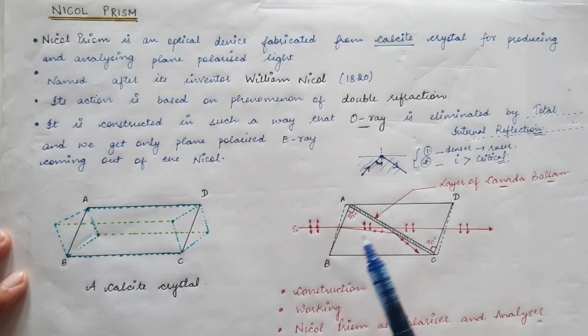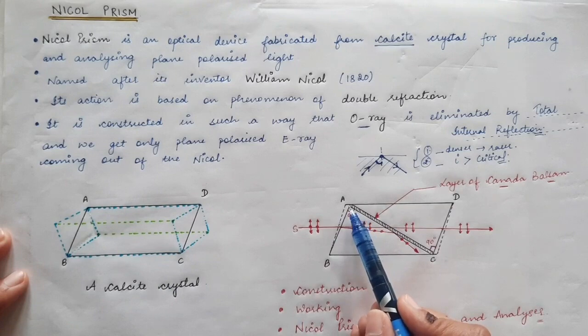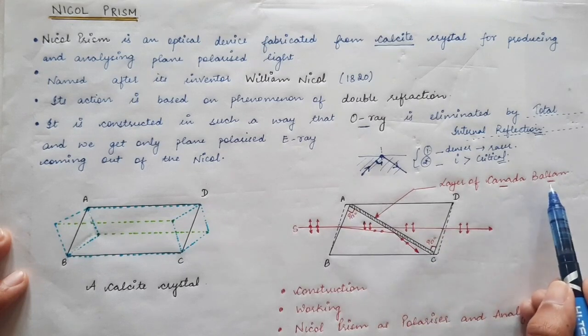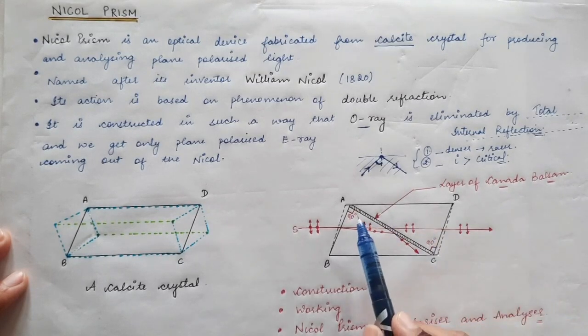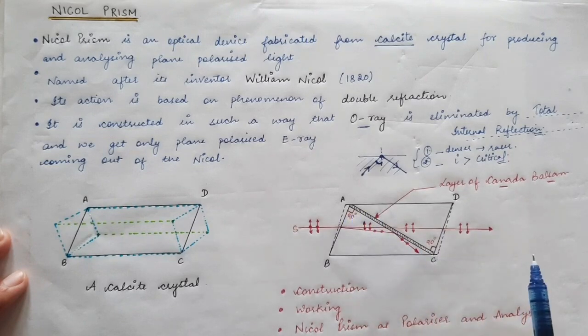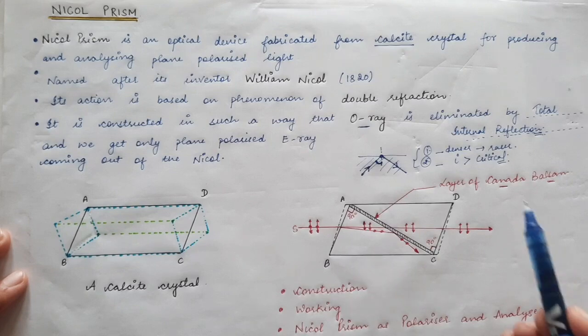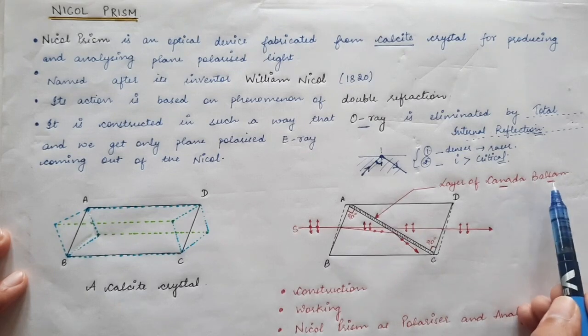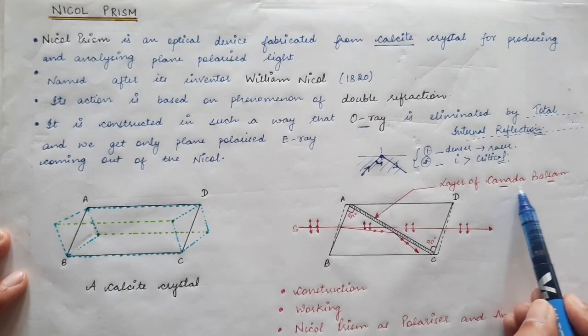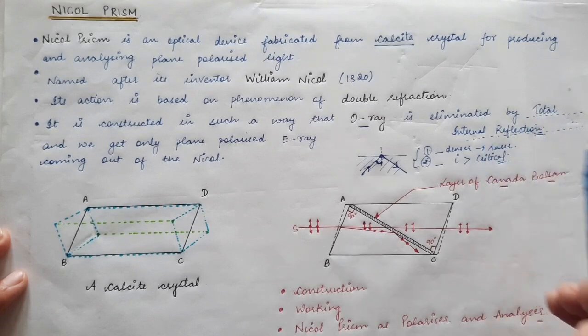We cement them together, but now we attach these two portions of the crystal by applying a layer of a transparent material called Canada balsam. So we coat Canada balsam on these two faces of the two portions, and then attach those two portions of the crystal again. This Canada balsam layer is applied for a purpose, and because of this layer total internal reflection will occur.